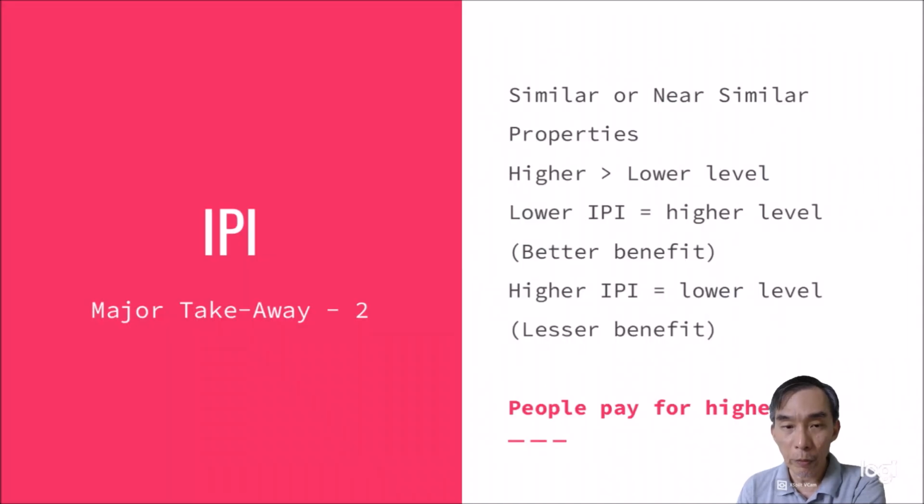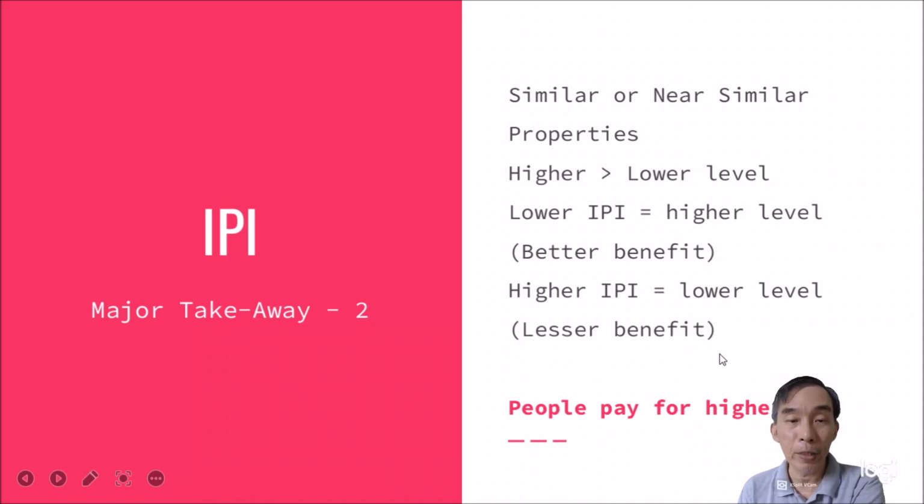So I want to summarize that people are paying for higher-up similar or near similar property, where higher denotes a lower IPI. So higher up has a lower IPI, and it denotes the benefit is better with higher up, and therefore the lower units will have lesser benefit, so people pay for being high